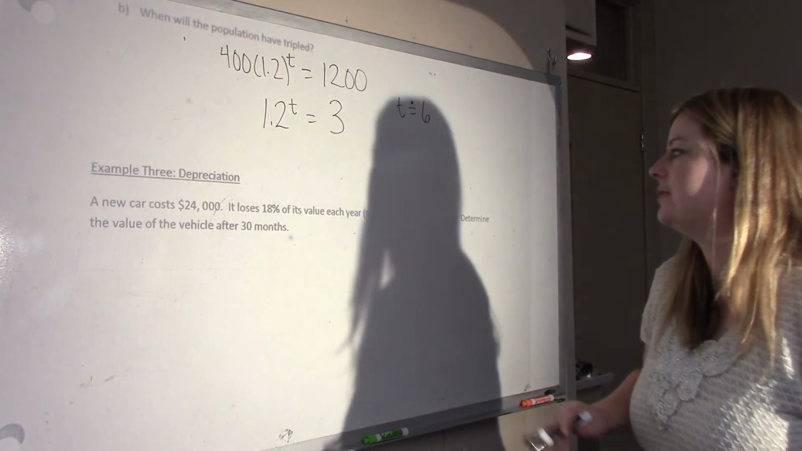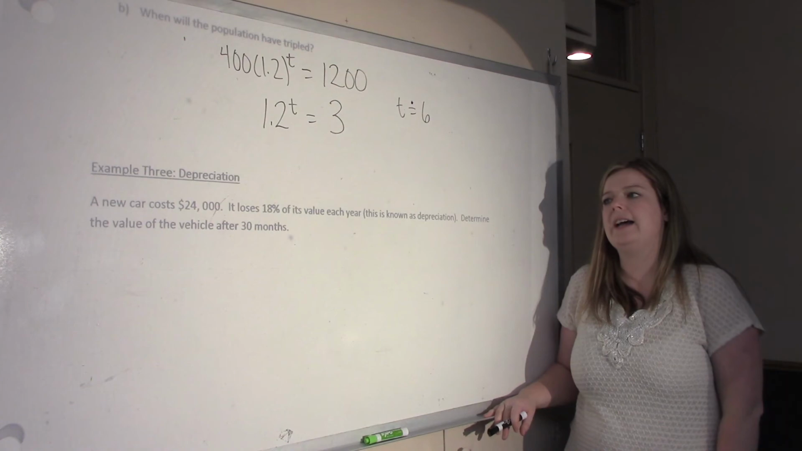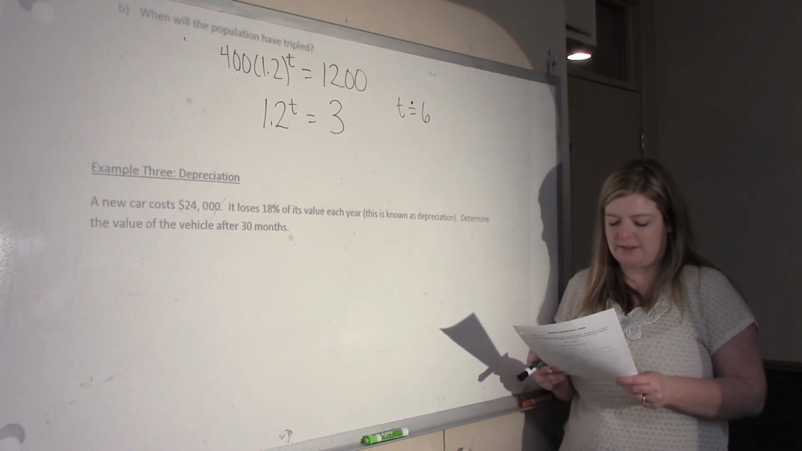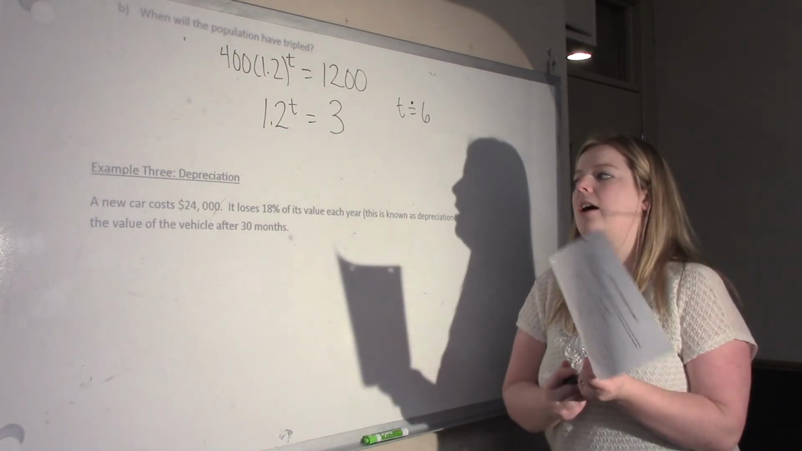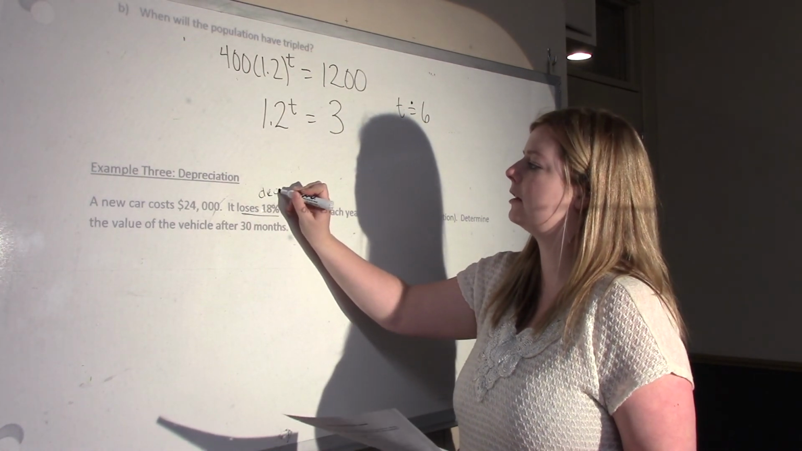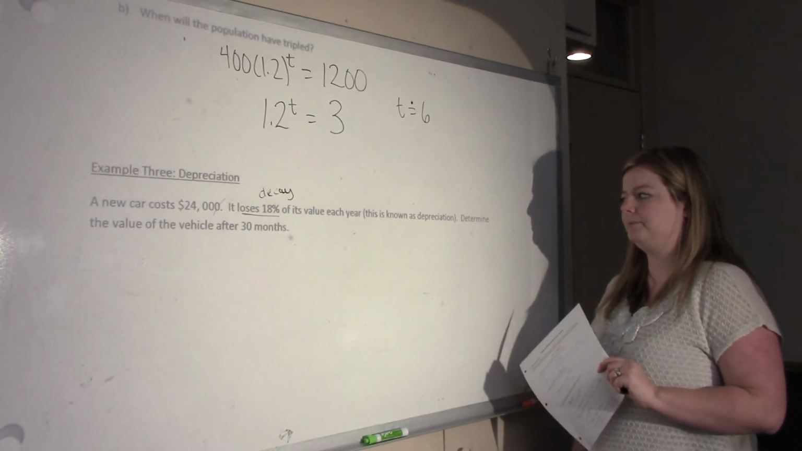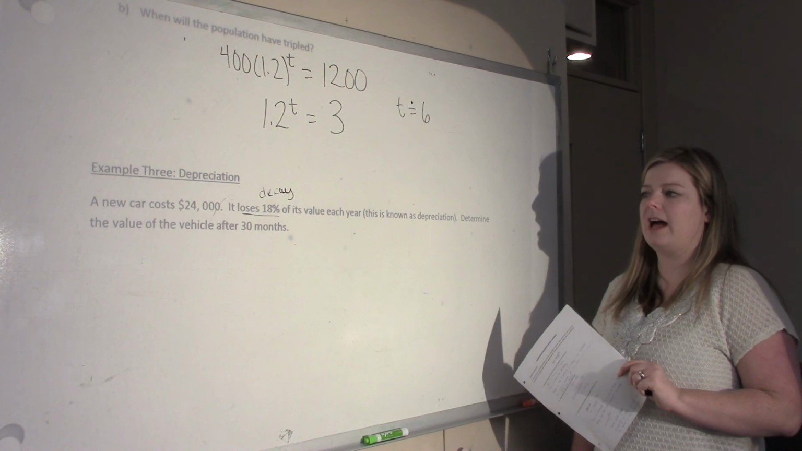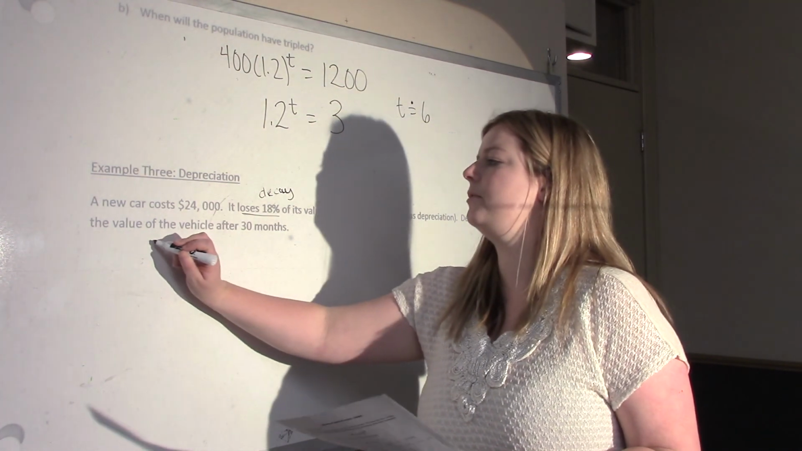Okay, so here's a new question. It's just all words. There's no table of values. So let's interpret this within a function. A new car costs $24,000. It loses, so when you see loss, you should think of exponential decay. It loses its value each year. This is known as depreciation. Determine the value of the vehicle after 30 months. So we want to let